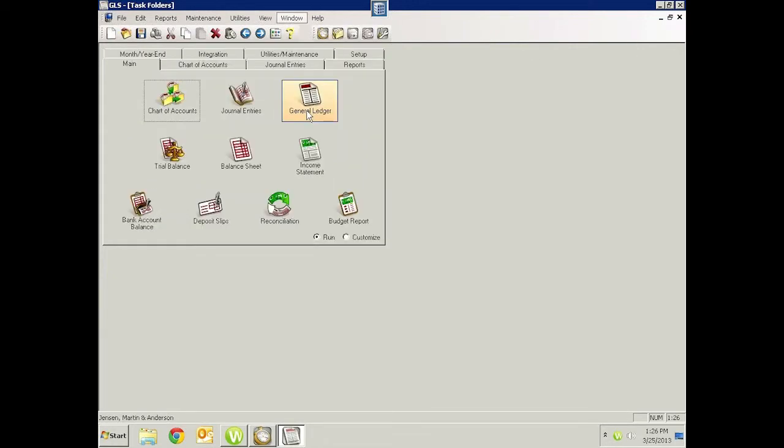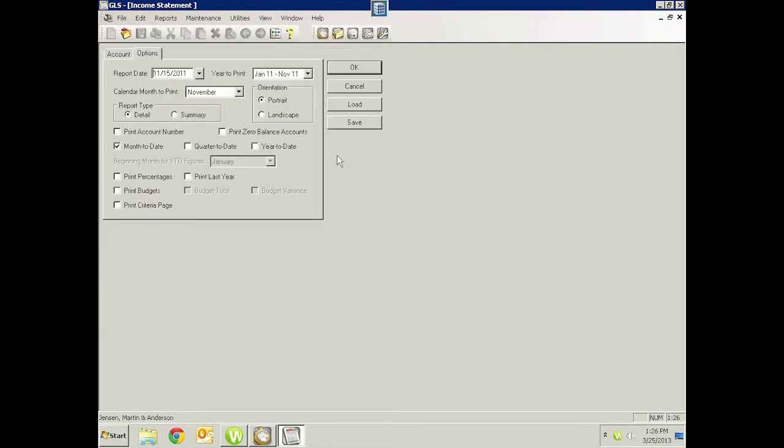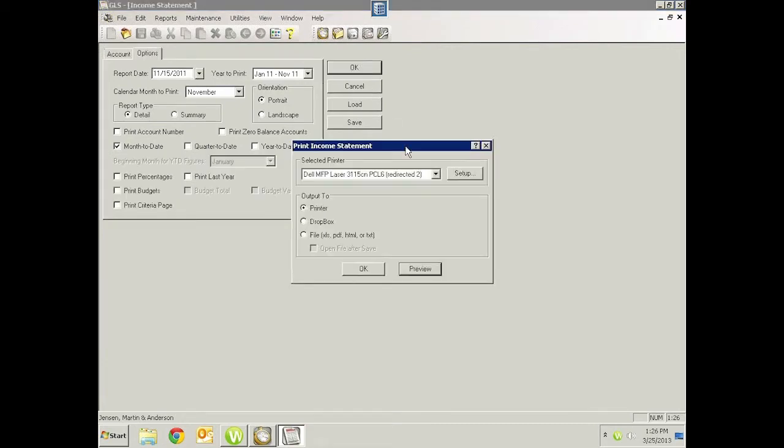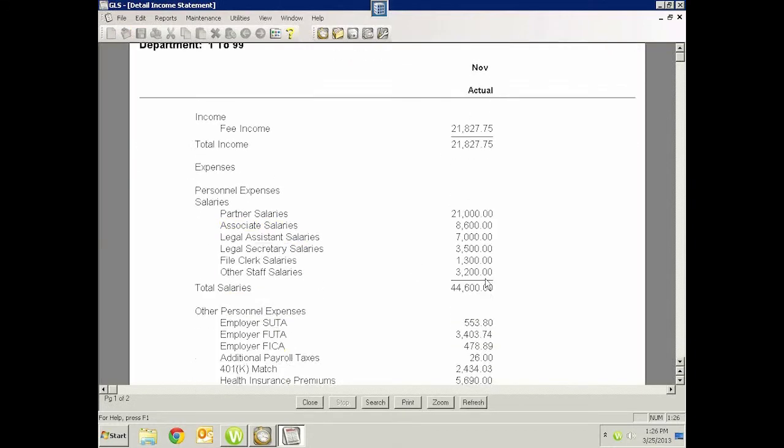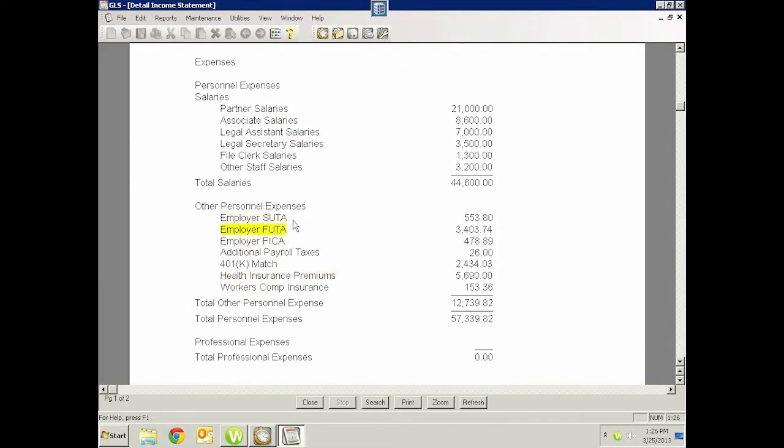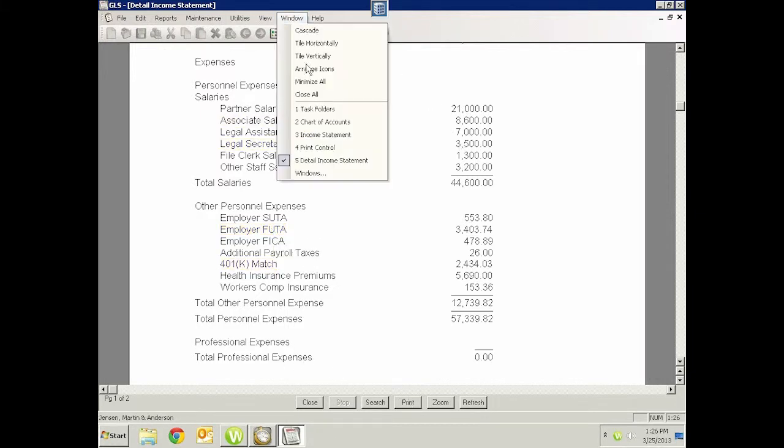I'm going to set it so I can jump back and forth between the chart and the income statement. And I'm going to go back to this November of 2011 income statement. The first thing I'm going to look at is this sort order. Now, I want my FUTA to appear above my SUTA, and that is determined by what sort order we have. So if I go and find the employer FUTA, I'm going to do that by going back to my chart of accounts,